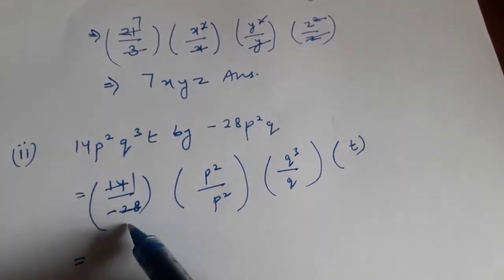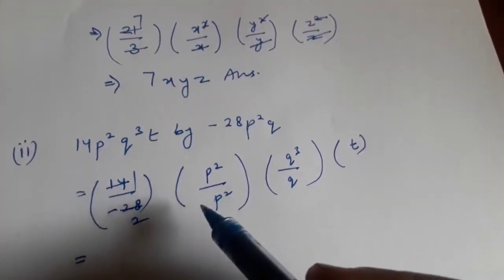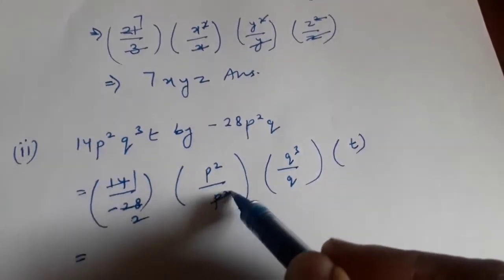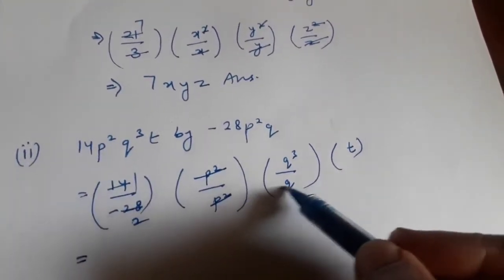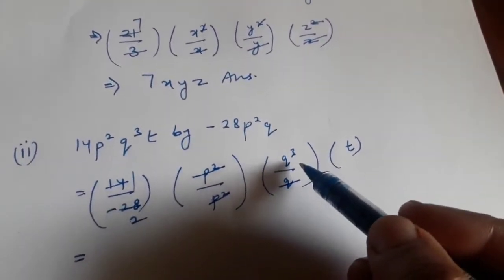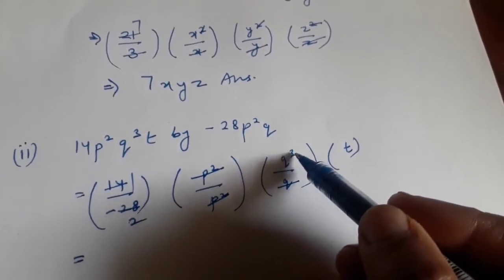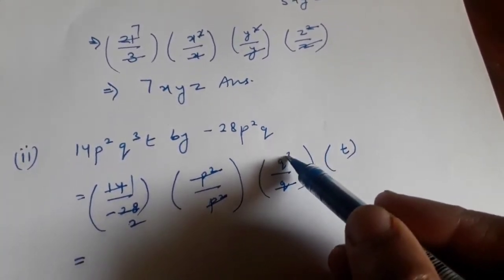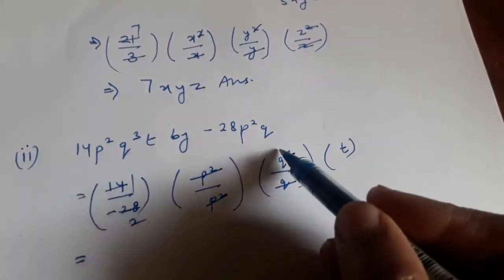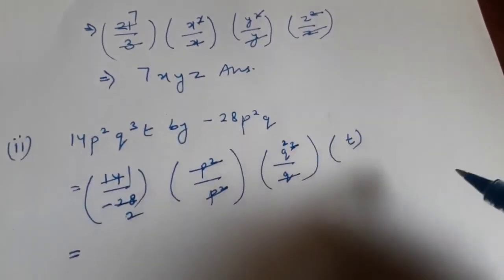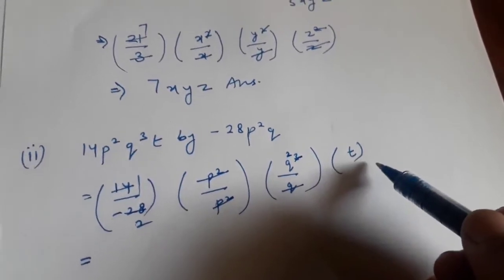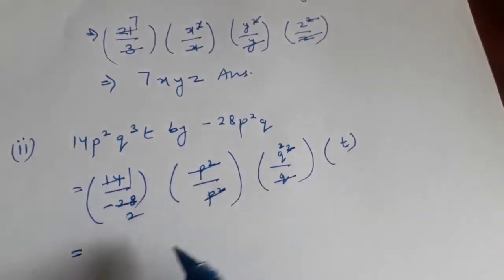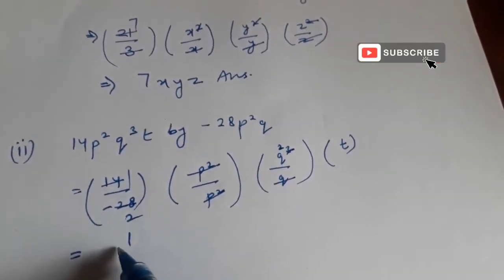14 ones are 14 and 14 twos are 28. Now p square will get cancelled with p square. Only q single will get cancelled with q cube. So if we cancel it, we will remain with q square. Now t is single, nothing is to be cancelled with this t. So our answer would become